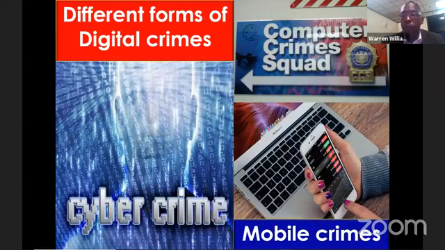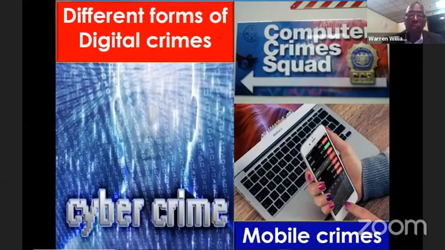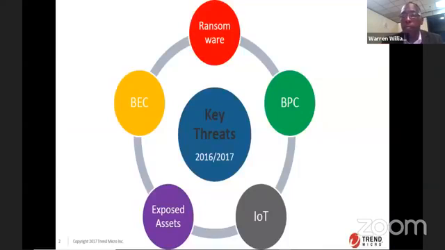So when we talk about computer crimes, we make reference to the desktop computers, and of course mobile crimes, you're talking about all our wireless devices that we walk around with now, our smartphones, our tablets. All of these things are classified. But all in all, for digital crimes, all it needs is just a network and a computer, and that would complete all the necessities to facilitate criminal activity.